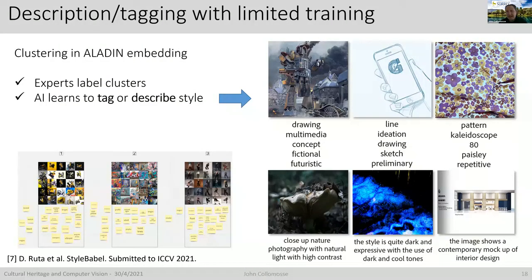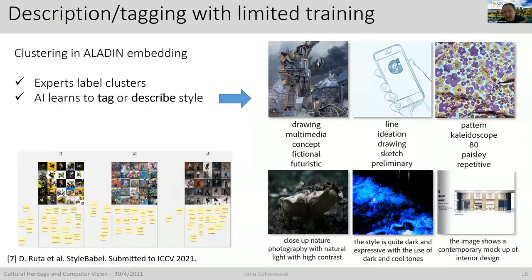Another thing we're looking at in the space of style is seeing if we can bridge the gap between visual content and text. So in this project, we're actually clustering artwork and putting those clusters out to annotation by experts, in this case, art students at the universities of Edinburgh and Northumbria in their design school. And in this case, we've come up with a novel way of annotating these clusters. It's based on grounded theory. And the idea is that we have the experts annotate clusters of artwork by describing their style.